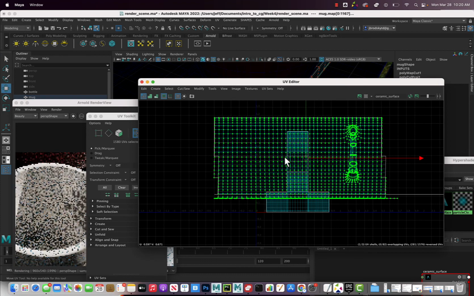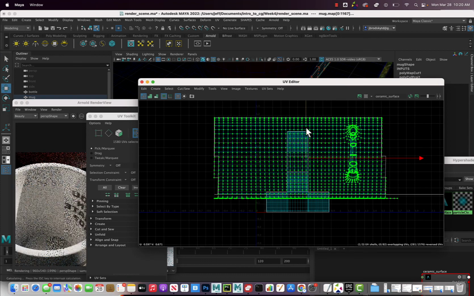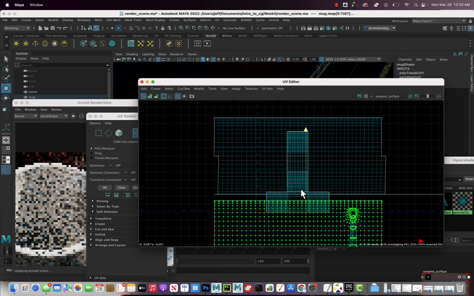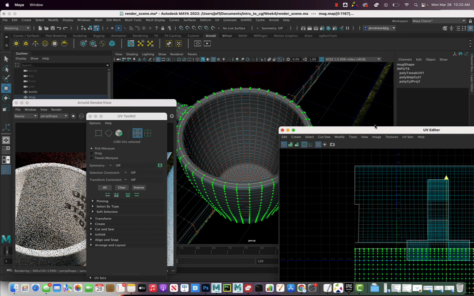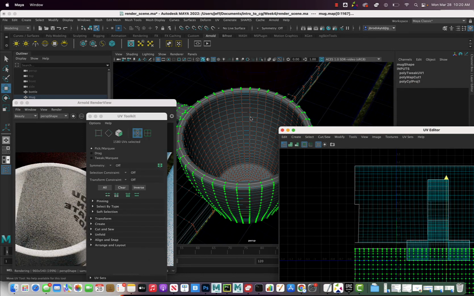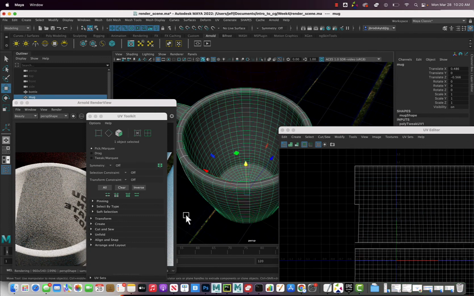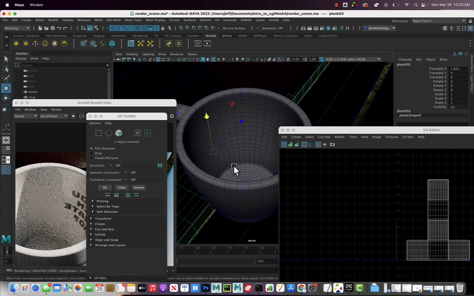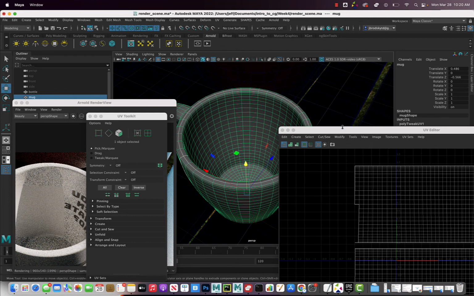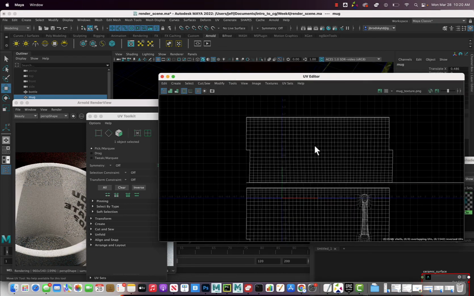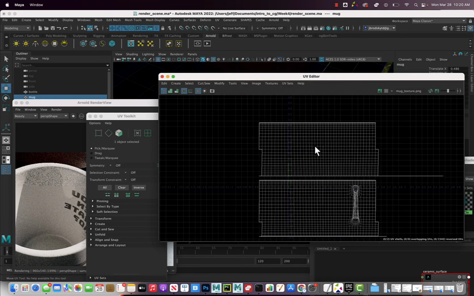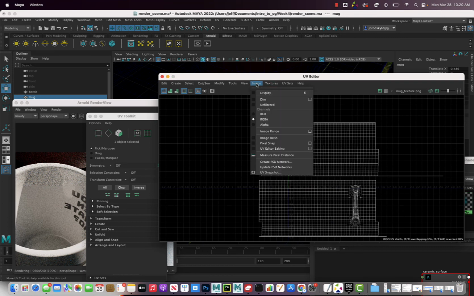So let's move that outer part down, and I think we're seeing another object behind here. Yeah, if I right click and go to object mode, click just the mug. We had the plank behind it also selected, so just click the mug. So now you can see what's going on here. And if I go back to image and turn back on display, we're in the UV